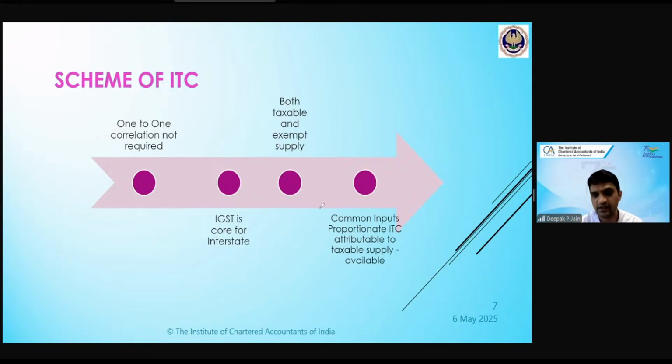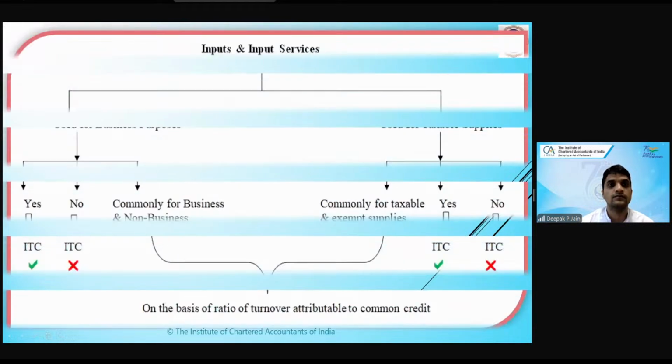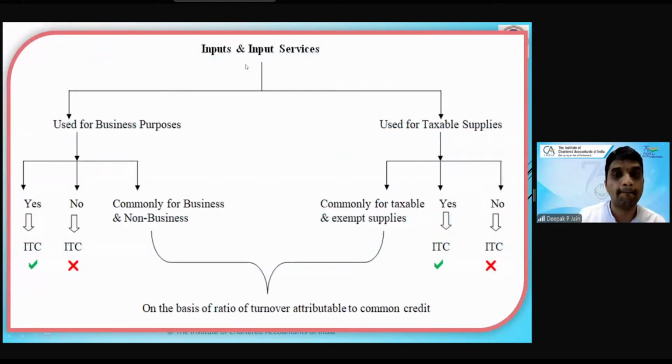Here with the concepts of ITC. Okay. We were discussing what happens when you are using an input for both business purposes and non-business purposes. First, you have to determine whether you're using it for business purposes. If yes, then credit is available. If you are not using it for business purposes, then credit is not